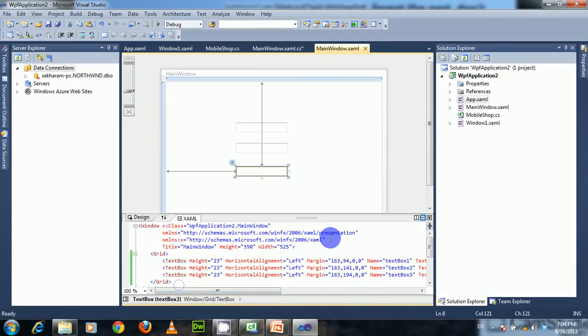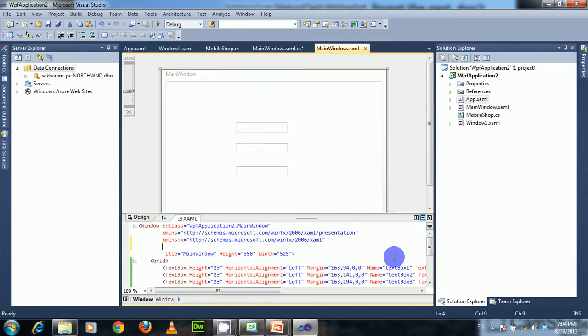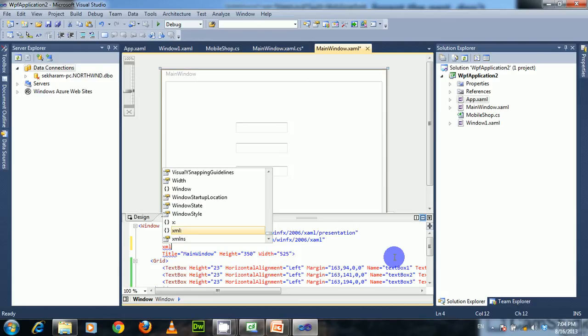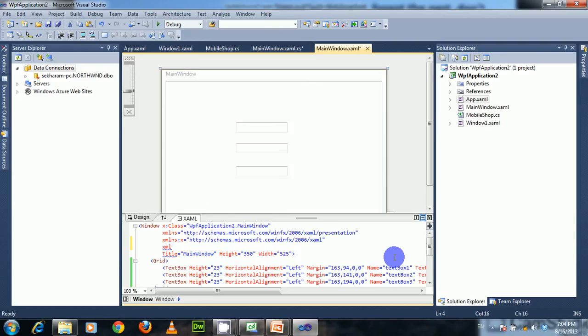For accessing project class files, first we need to set the namespace. For that xmlns, I am setting the accessing element as local.